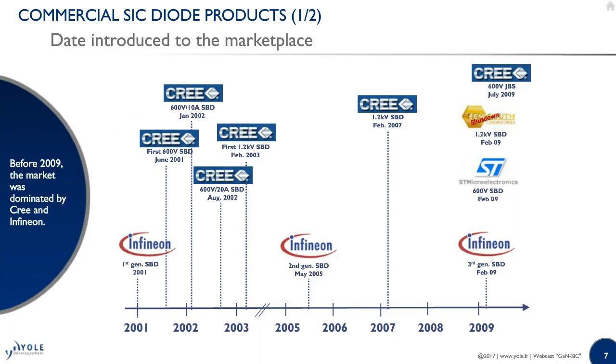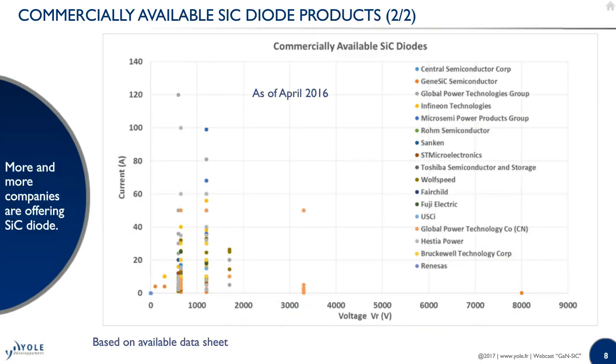Just a little bit about the history. The first silicon carbide diode was introduced in 2001 by Infineon, as shown on the figure. And in the following 7 or 8 years, there were only 2 players, Infineon and Cree. The situation has changed very quickly since 2009, and so today, if we look at the commercial availability of silicon carbide diodes, we have